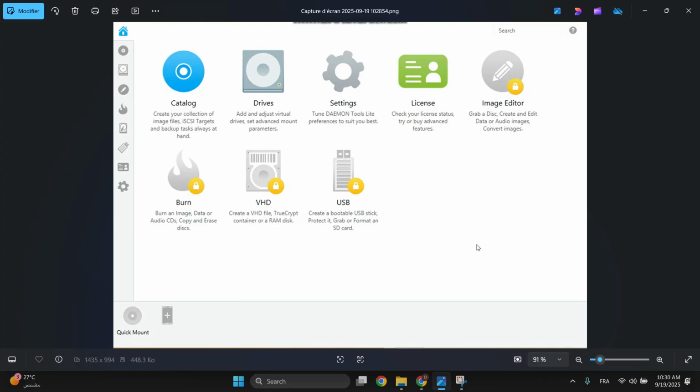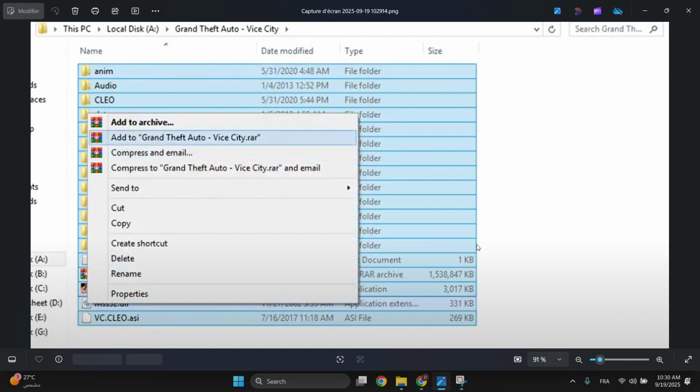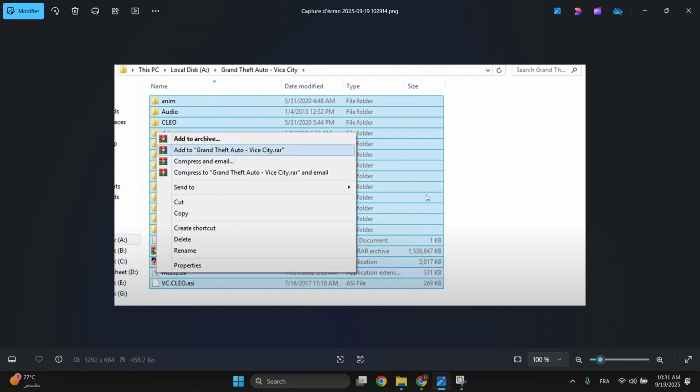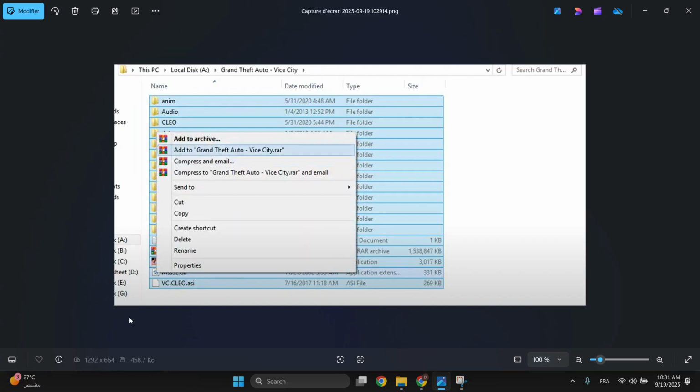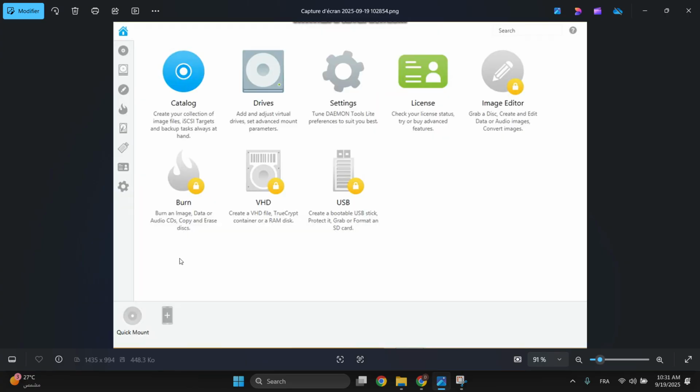And then what I want you to do is open your GTA Vice City file location and select all the files that you have here, then right click on them and compress it into a GTA Vice City.rar. After that, open up the software that I told you to install and click on this Quick Mount option, then search for the extracted folder that we have made here and add it to the Quick Mount, and this will fix your problem